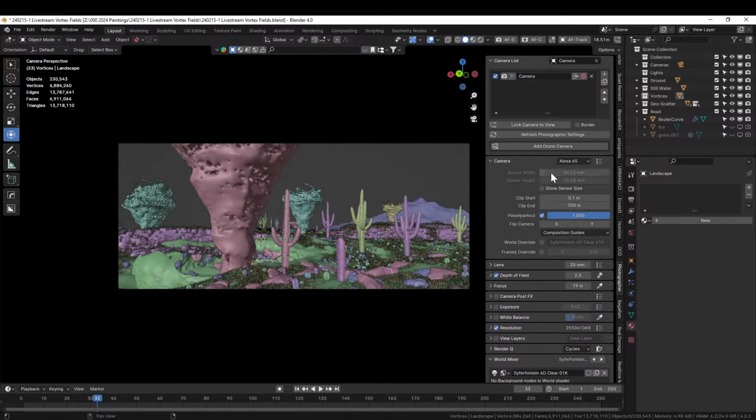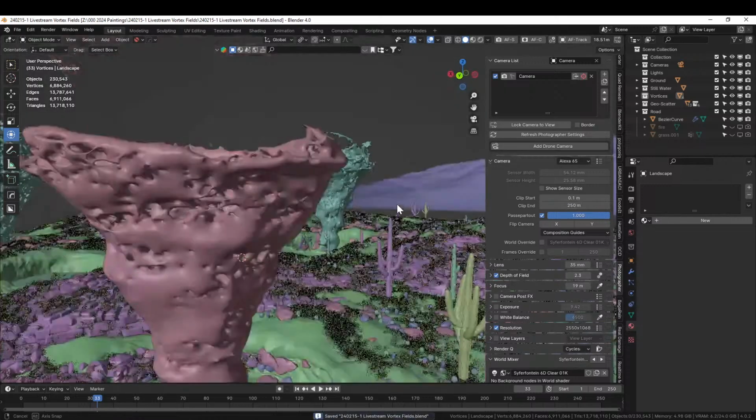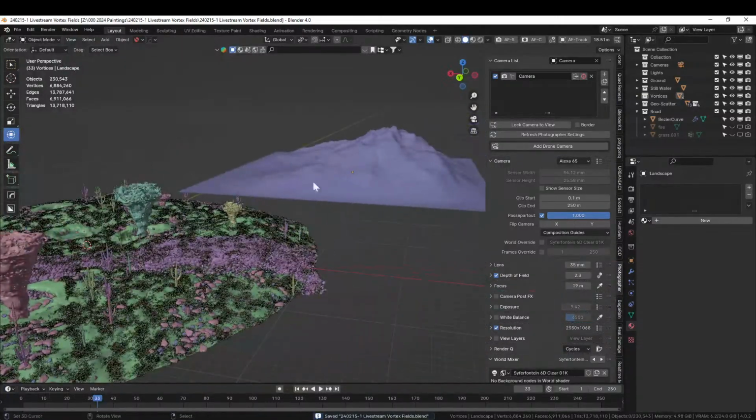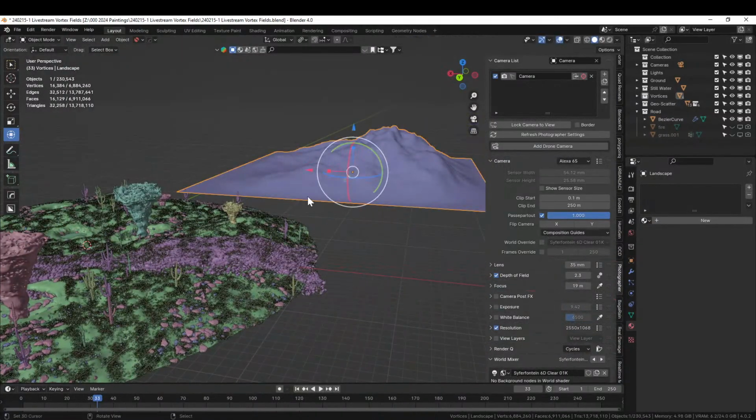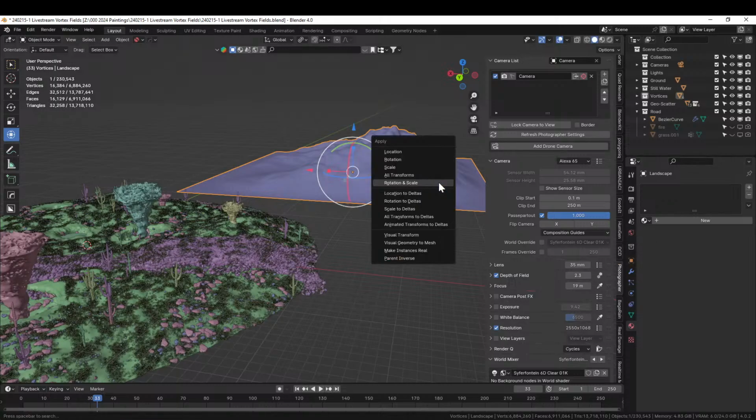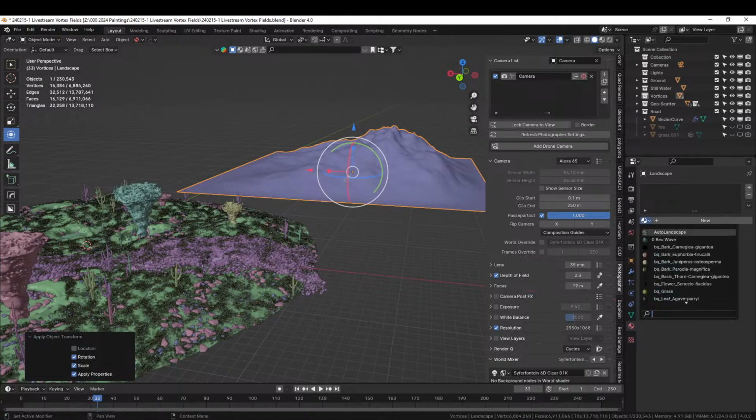And I'm just going to change my camera depth from 100 meters to 250 meters just to make sure. Okay. Grab this one and Control A, rotation scale, add auto landscape,